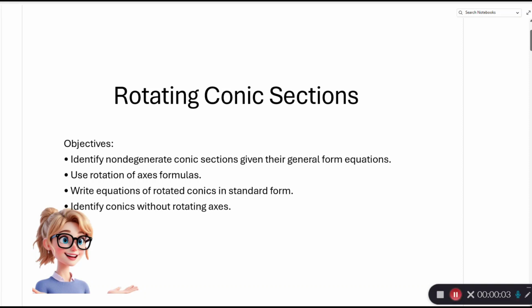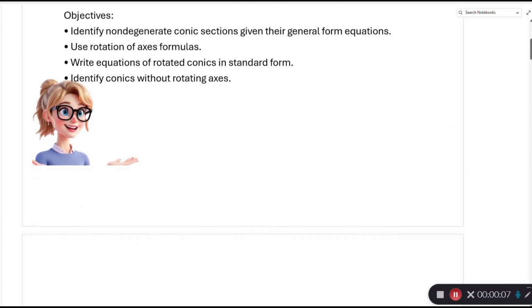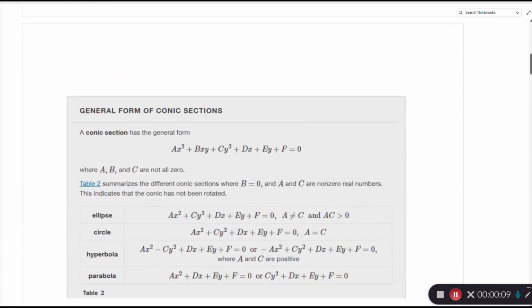Okay, let's discuss rotating conics. First things first, what's a conic section? Well, we've already discussed what conic sections were. They're the shapes that you get when you slice a cone. And now we're going to talk about how to identify what conic section we have, looking at it